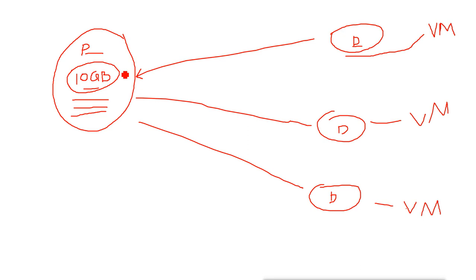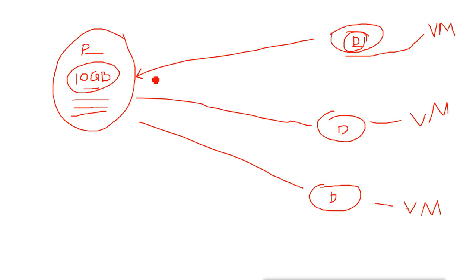Parent disk will remain intact because we have already configured it to read only, and even if it is not intact, it will not change here. The changes will remain only on this child disk. So it will be easy for us to revert the configuration back to the basic configuration. Suppose if something goes wrong in this virtual machine, then I will just delete this differentiating disk and I will create a new one. That will get me the first default configurations, the operating system and everything.